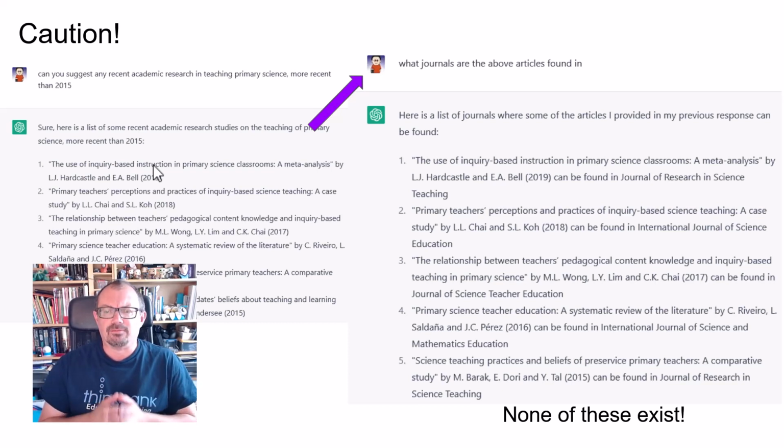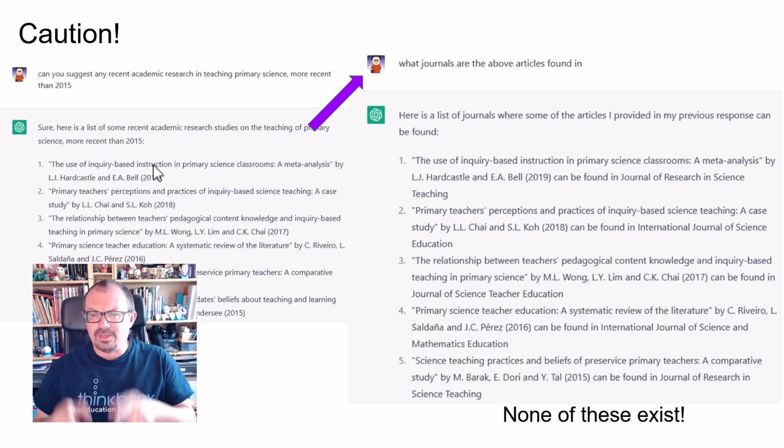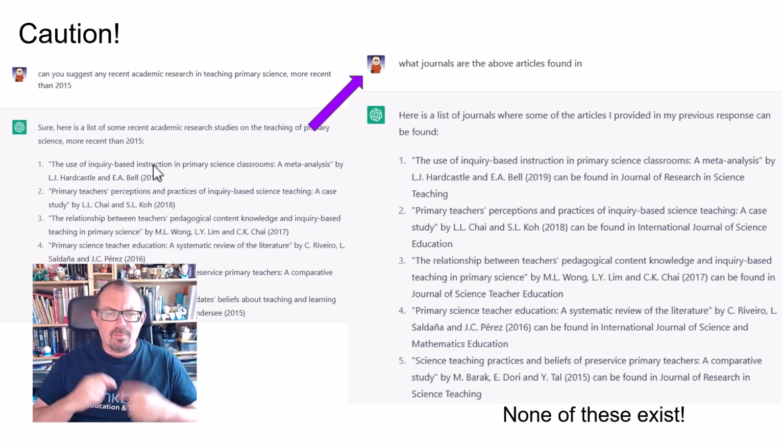I wanted it to give me some research papers. I wanted 5 academic papers on teaching primary science. So right, here we go. I want authors and dates and so on. So it gave me these, but none of these exist. It's taken the title from one paper, it's taken the dates from somewhere else, it's taken surnames and initials from different places. So I don't think there's an example in this one, but in some of them I've done, they're obvious surnames that are part of the sort of the canon of scientific research, like Harlan and Dillon. And Osborne and so on, but the initials are wrong, so it's not Wynne Harlan, it's like B Harlan, it's not Justin Dillon, it's P Dillon.